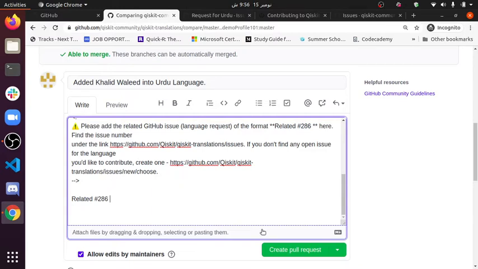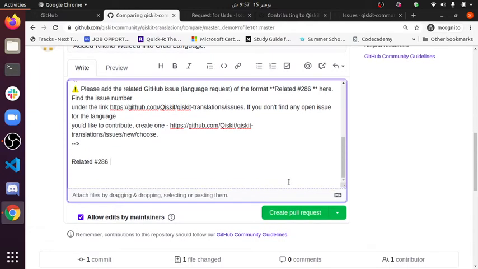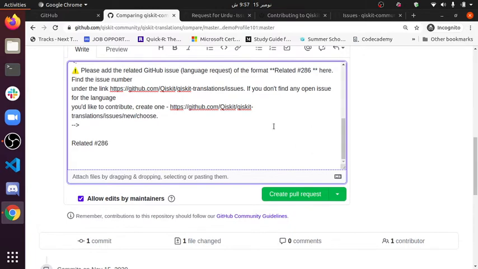Now what we simply have to do is click here, create pull request. Just a little hint for those who don't find their language added into the official localization contributors file. For example, say Punjabi is not added.